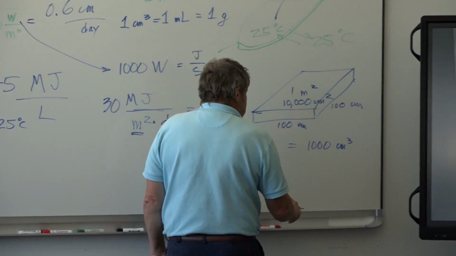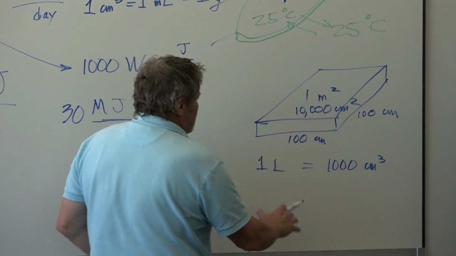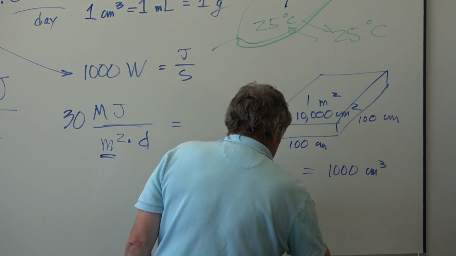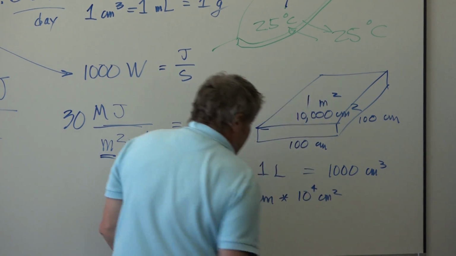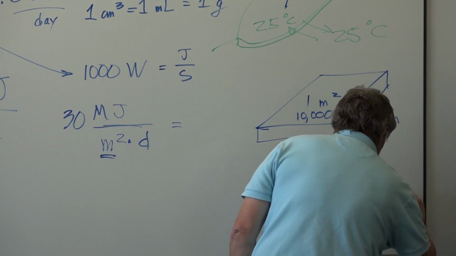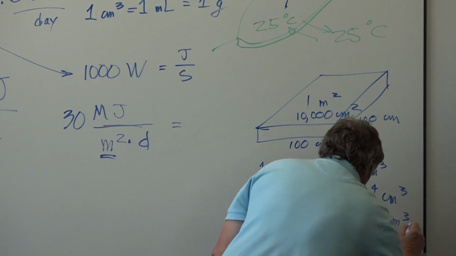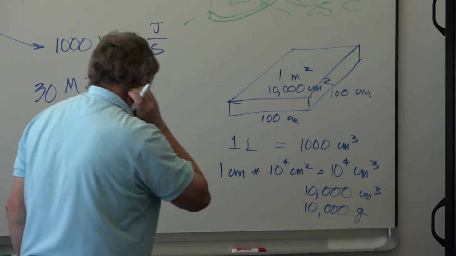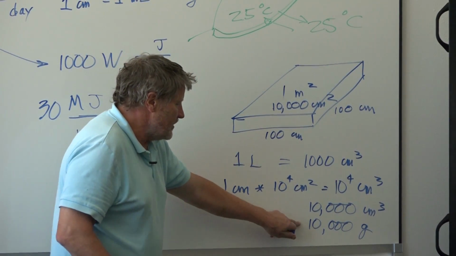And so 1 centimeter deep, 1 centimeter of water times 10 to the fourth centimeters of area is 10 to the fourth centimeters cubed, or 10,000 centimeters cubed, or 10,000 grams, and 10,000 milliliters. So 1 centimeter deep is 10 liters